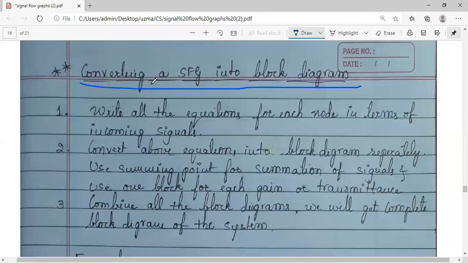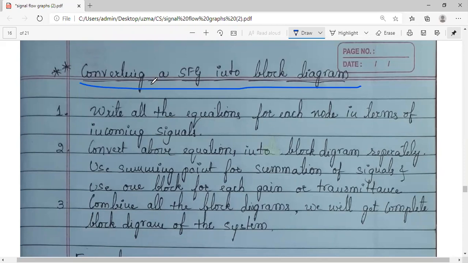In today's session, we will be continuing the discussion on the conversion. In the previous session, we have seen how, if a block diagram is given to you, how to convert it into a signal flow graph. And we left out this particular concept, that is the vice versa conversion. If the signal flow graph is given to you, how can you convert that into a block diagram? Even the otherwise conversion is also important. So let us see how it is converted.